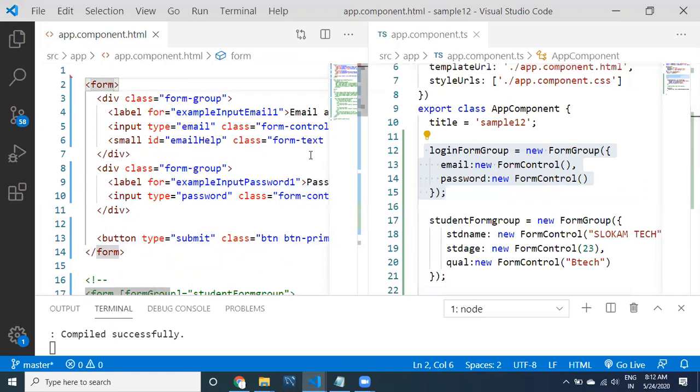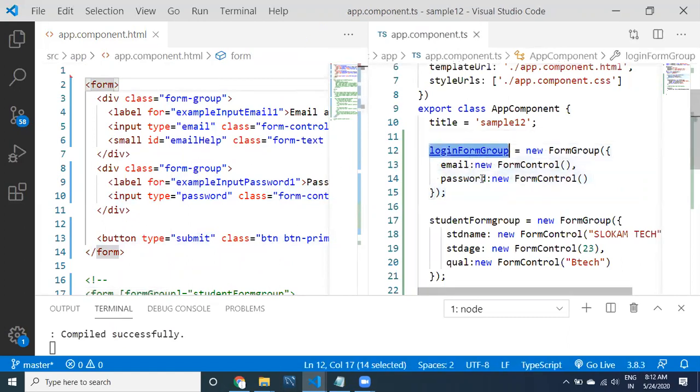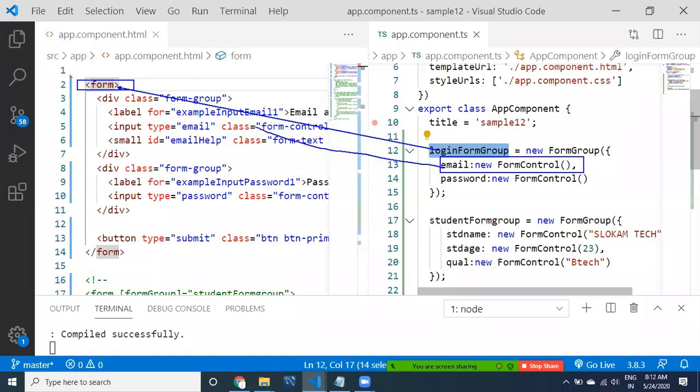You see here, guys, this login form group needs to be attached. The login form group should be attached with this form, and then each form control should be attached with an input.